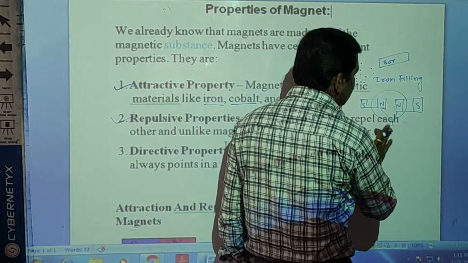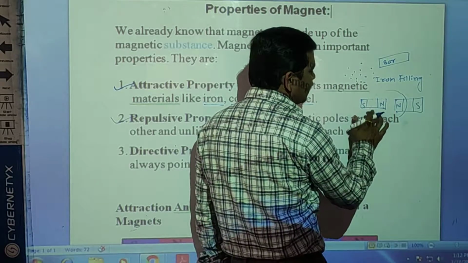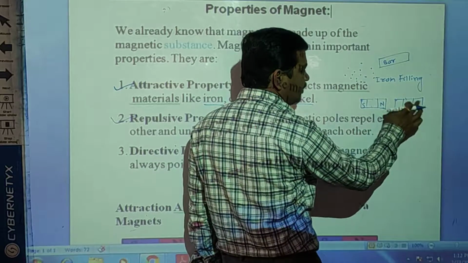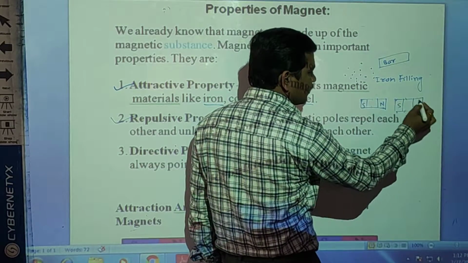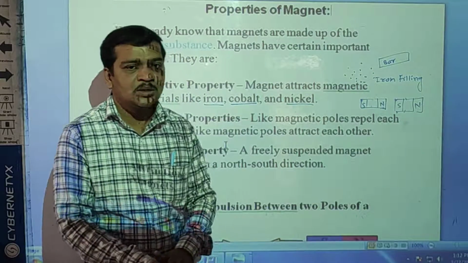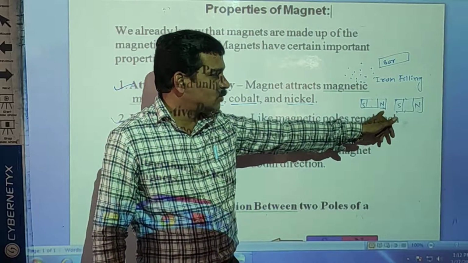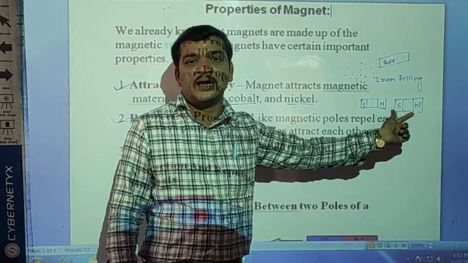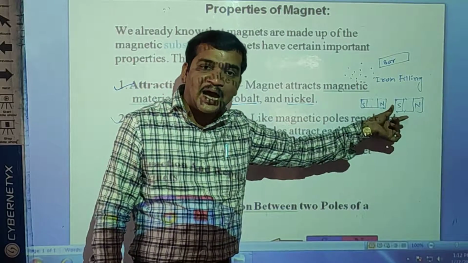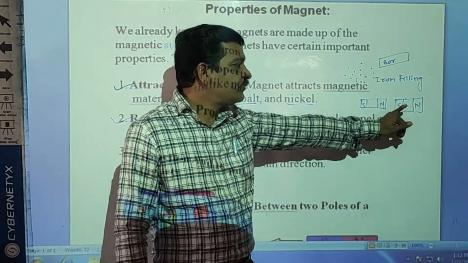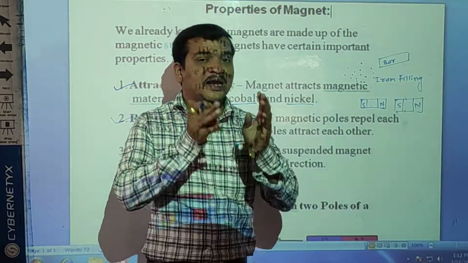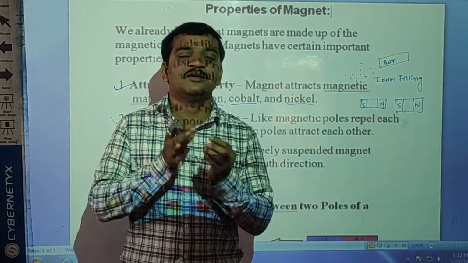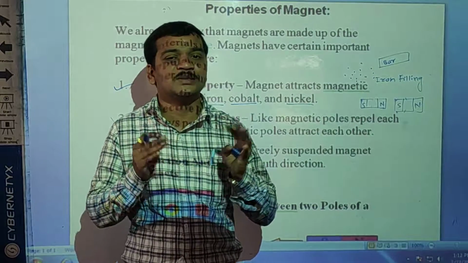Unlike poles means now what? For example, now this is the north pole. Okay, now we'll change the pole of this magnet. This side we will turn this way. Now can you see? A magnet has its north pole on this side and B magnet's south pole is on this side. Now are these two poles the same or different, students? Now they are different. One is north facing towards the south. So will there be a force of attraction or repulsion? Obviously, there will be a force of attraction because the poles are different.